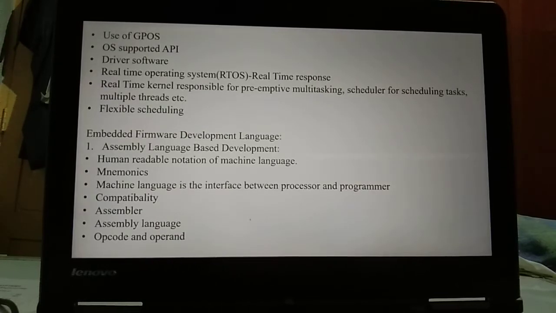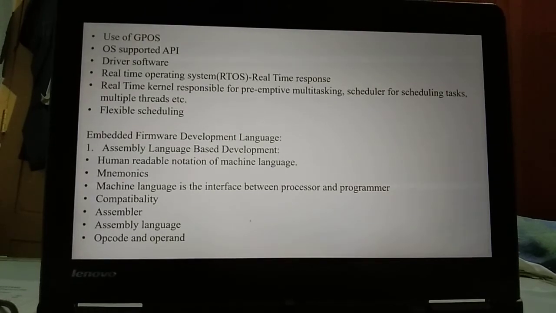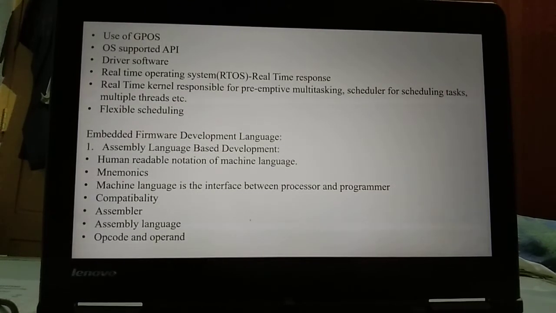The scheduler is for scheduling the tasks. The scheduler schedules the tasks in sequence. That means which task should be executed when. Multiple threads: a thread is a piece of code.